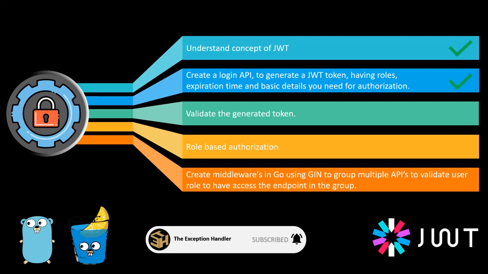So welcome to the video where we are learning how to validate a JWT token. Before we start with the topic, I would expect you to have some hands-on experience creating a login API that generates a JWT token for you, and some basic understanding of what JWT is. If you are still not aware of these two things, then click on the eye icon on the top, where I have already created a video on understanding the basic concept of JWT and how to create a login API. So without further ado, let's start by understanding how you can validate a JWT token on your server.